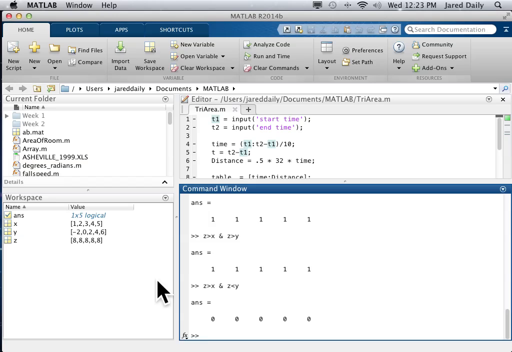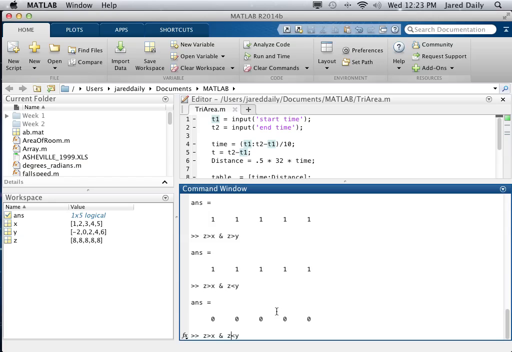And that's why it's called an inclusive operator, because you have to include both of these comparisons in order for this whole thing to be true. Z has to be greater than x and z has to be less than y for this to show a 1 in any of these places. And it's not true in any of those spots, so it's never true. And it might have been true in one spot or another if we chose something specific. For example, let's choose the